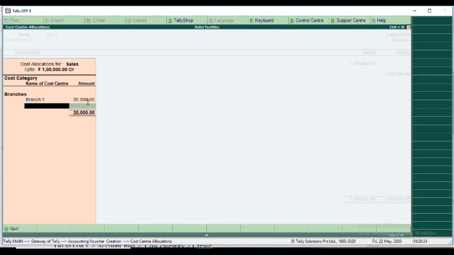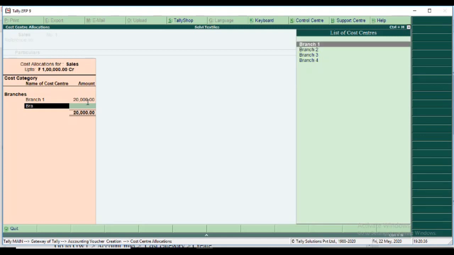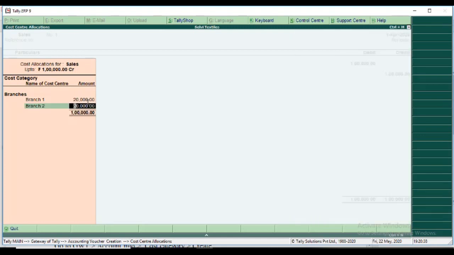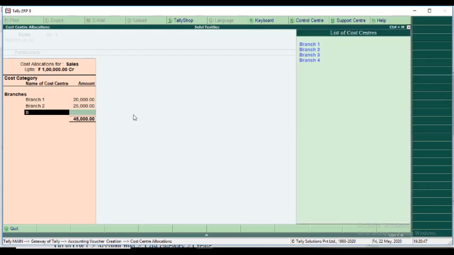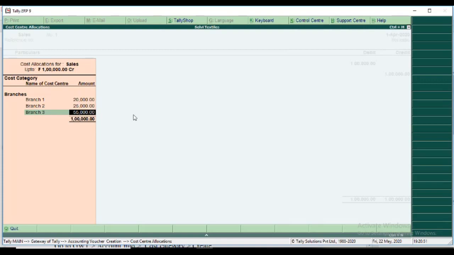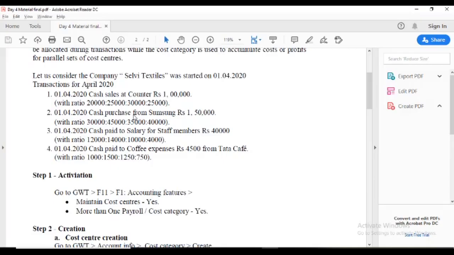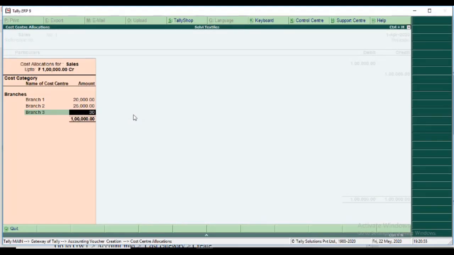Again, branch 2 I select, the amount is 25,000, so I type 25,000. Then I select branch 3, amount is 30,000.